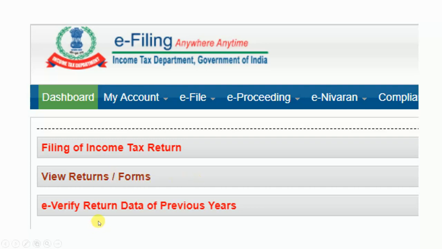Suppose if the previous year returns are not e-verified, you can go to the third option to do the e-verification. E-verification can be done using Aadhaar number or internet banking details. And if you are freshly going to do e-filing, then you choose the first option, filing of income tax return.